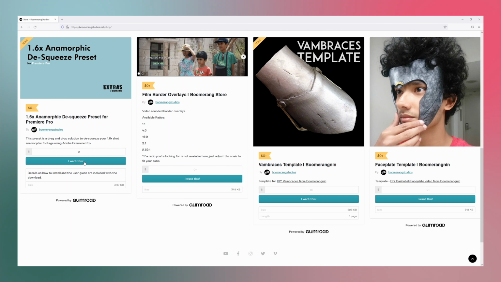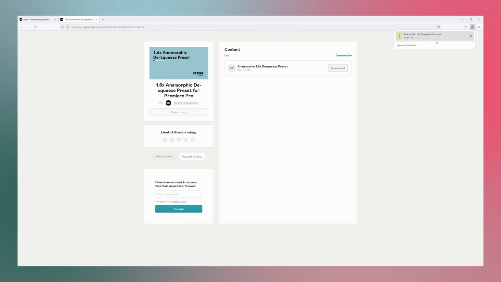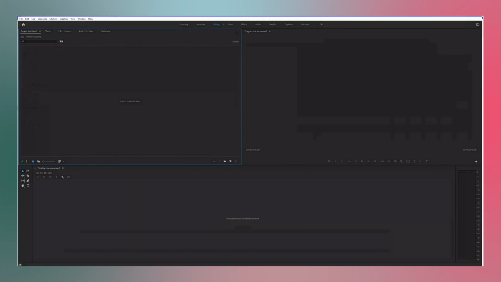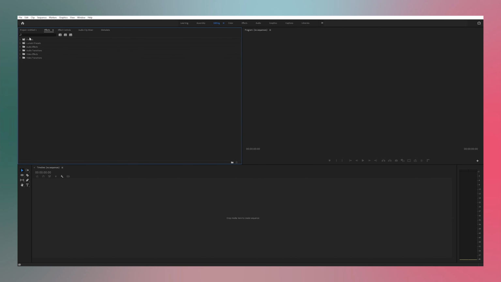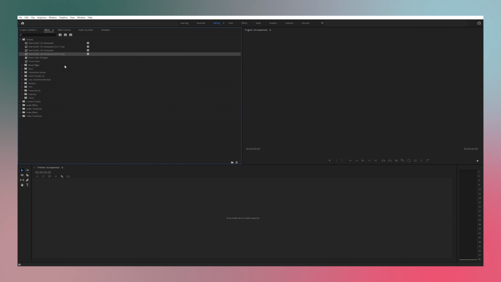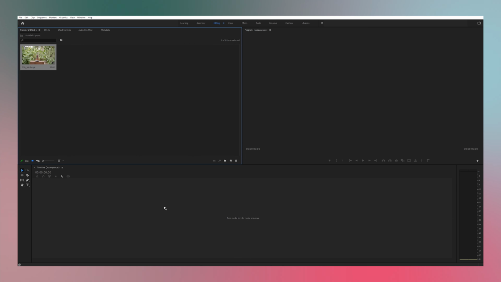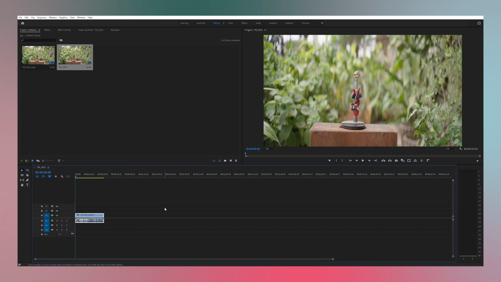Download the preset from the link in the description and unzip it. Then open Premiere Pro and in the effects section, right click on the animation presets, select add preset and select the downloaded preset to add. Once you do this, drag your Sirui anamorphic 1.6 times footage onto the timeline and drag one of the 4